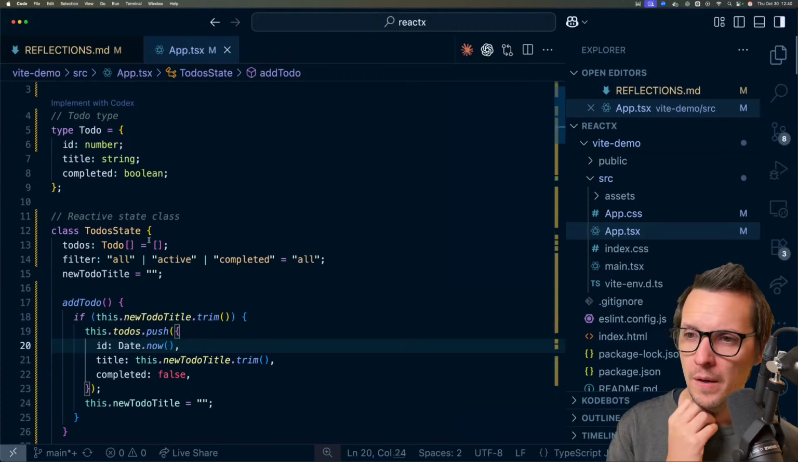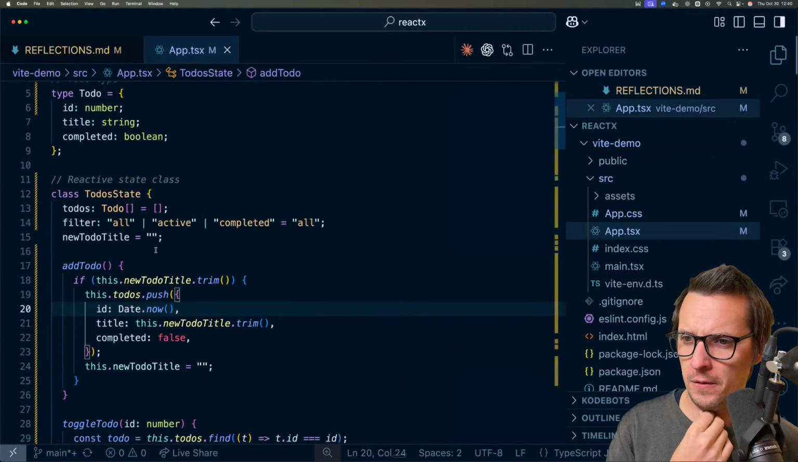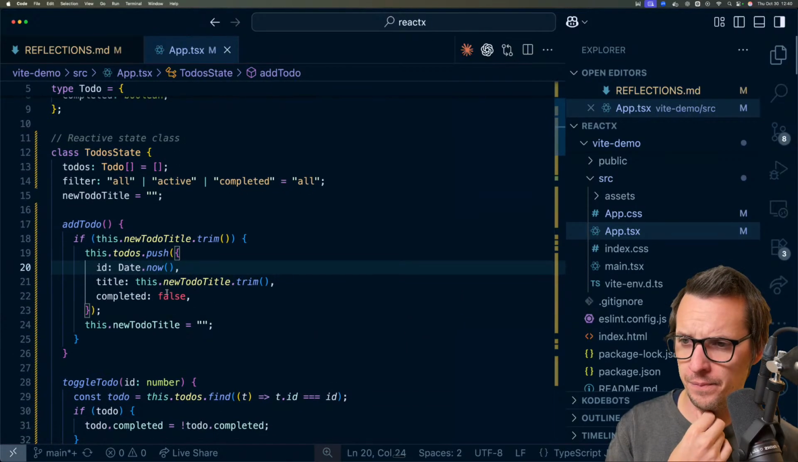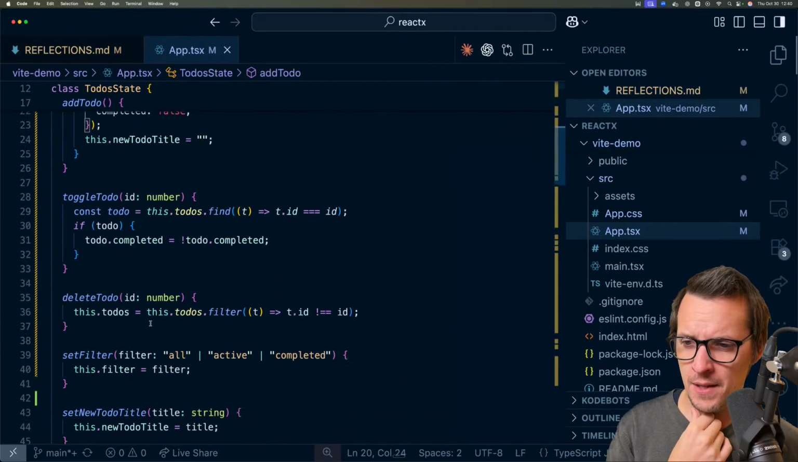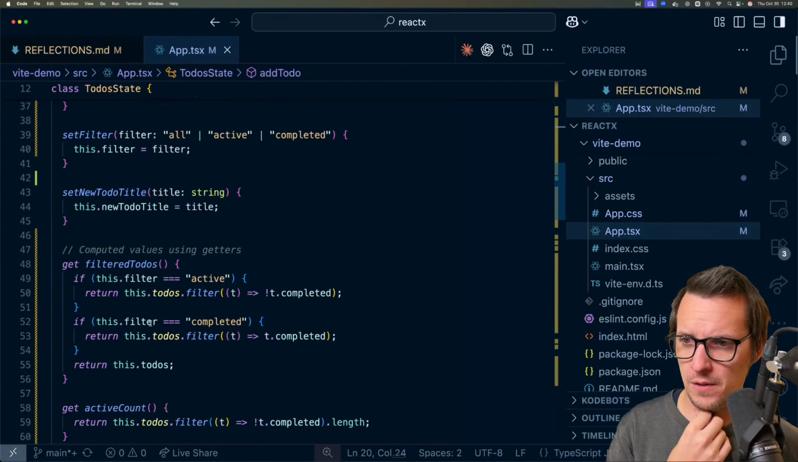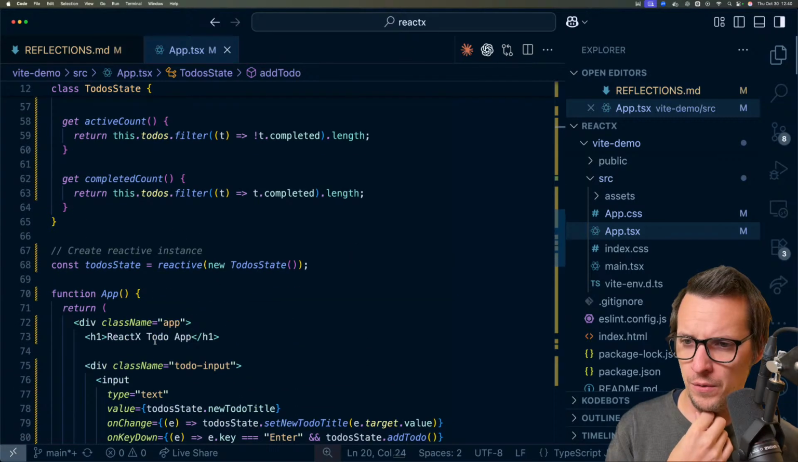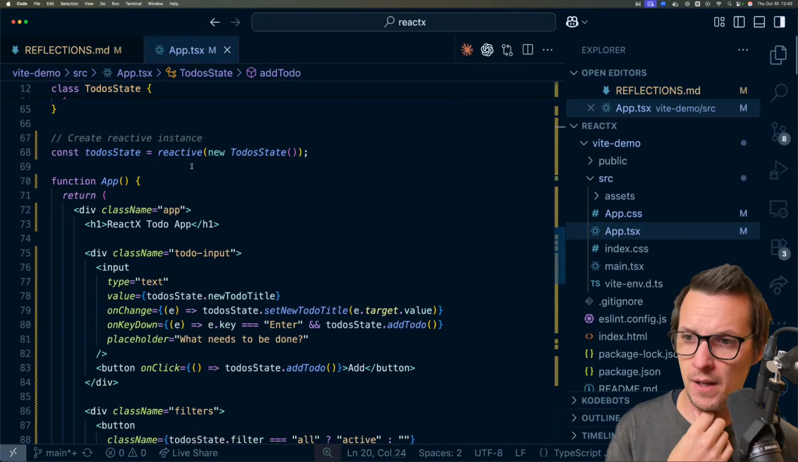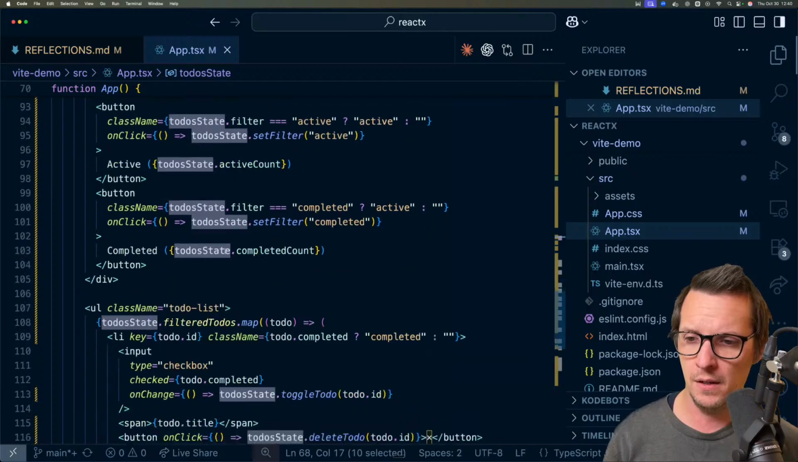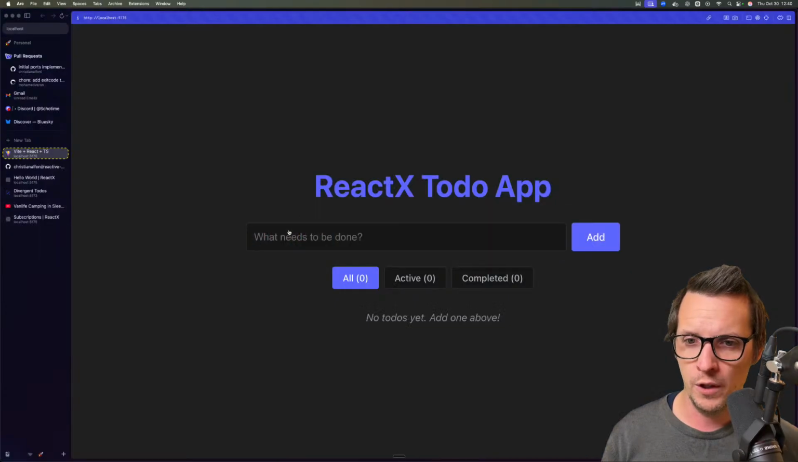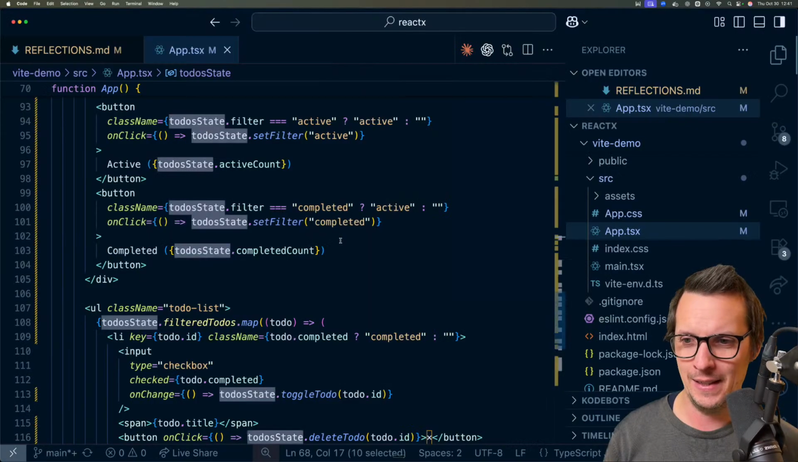To do type, reactive state class. Good. It doesn't do anything. It just has the thing. Get active count. It makes it reactive. And here it just uses it directly. Let's see if it's working. Oh, look at that. Oh, but it doesn't work. What